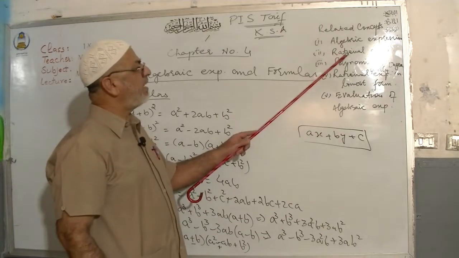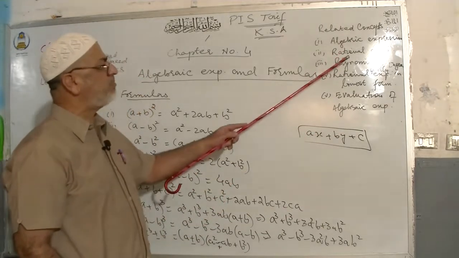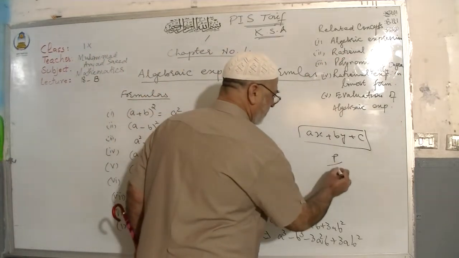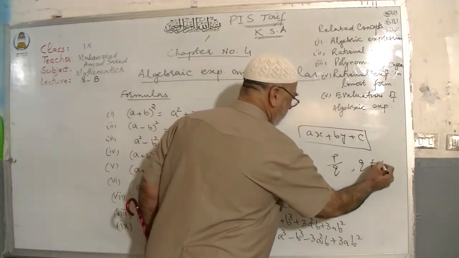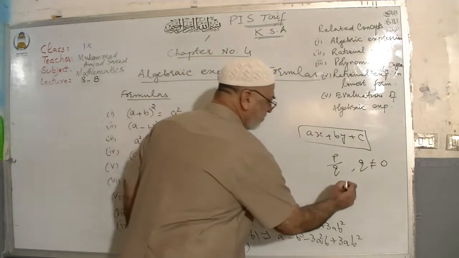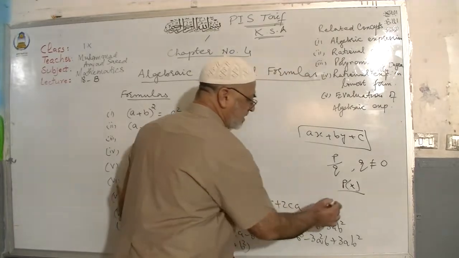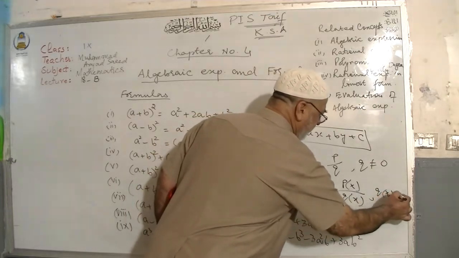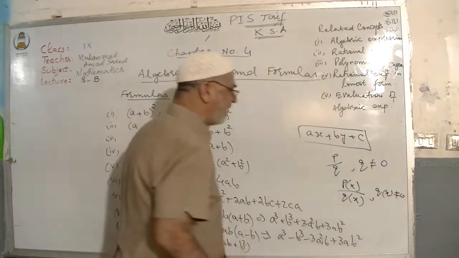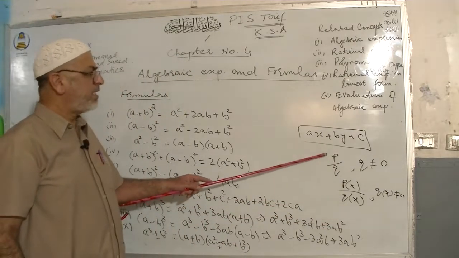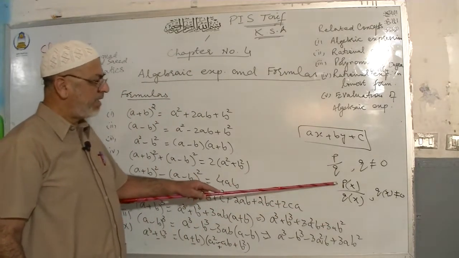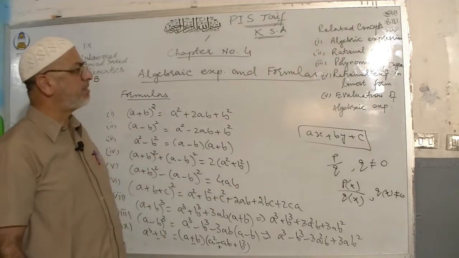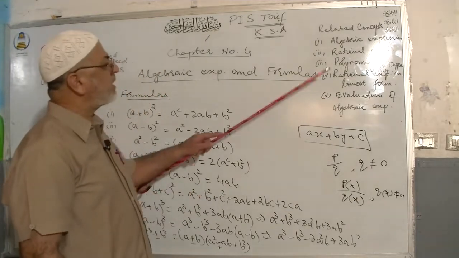So after that we have rational expression. Rational expression means the expression like p over q, where q is not equal to 0. If we say that this is polynomial p of x over q of x in terms of polynomials, then that is the same thing just like the real numbers. P over q is a rational number in case of real numbers, and here is the rational expression in terms of two polynomials. After that, what is meant by polynomial?